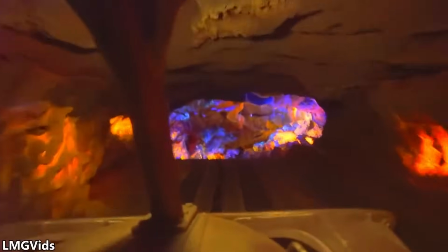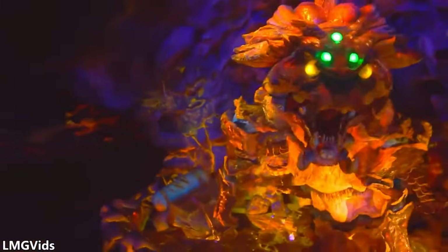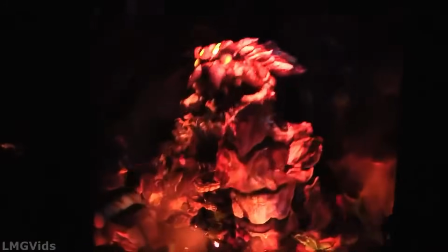Racing through caverns, your ride vehicles avoid billowing lava and a fireball, only to come face to face with a gigantic lava monster, perhaps the mother of the mysterious eggs and one of the most impressive animatronics in the world. The lava monster, nicknamed Hortense by the Imagineers, unsurprisingly isn't happy that you have disturbed her nest, roaring at the ride vehicle, causing it to flee in terror, speeding up to 47 miles or 76 kilometers an hour as you ride the wave of an eruption, causing you to